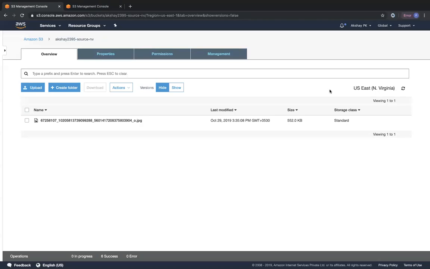And one final thing regarding cross-region replication is you can't do daisy chaining. What I mean by daisy chaining is that you can't have one source bucket and replicate your objects to multiple destination buckets. That will not work. So I can't have one source bucket in Northern Virginia and three destination buckets in three different regions and configure cross-region replication. That will not work. What AWS states is that you can do cross-region replication only from one source bucket